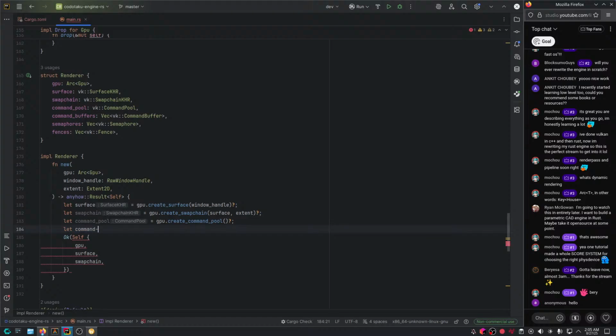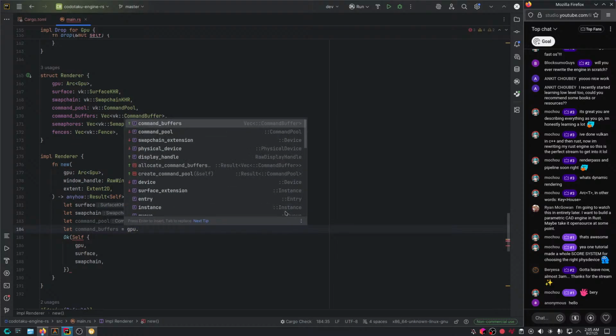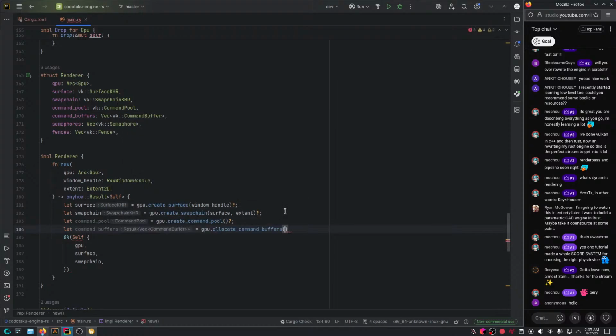And here, for now, we're keeping things very simple. And allocate command buffers, we're gonna give it our command pool and how many buffers we want. Now we're gonna have something called in-flight frames, and for now I'm just gonna hard code it as 2.